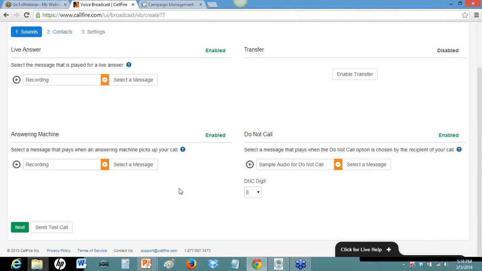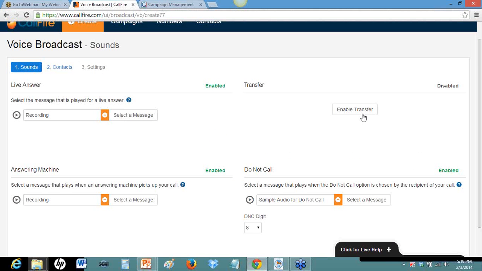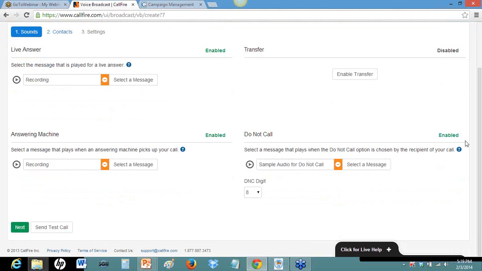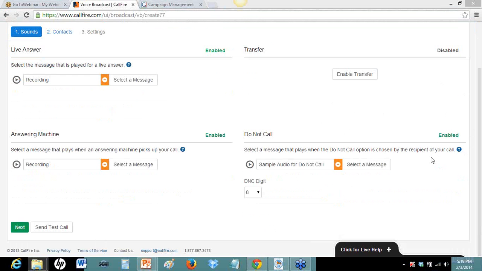Okay, so recording. We're not going to enable the transfer and the do not call thing. You can select this message that plays if the do not call option is chosen by the recipient of your call. Because we're calling business owners, there's not as strict of laws about us calling them, and so I usually disable